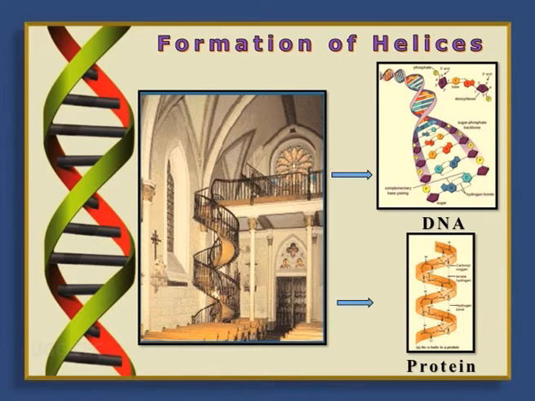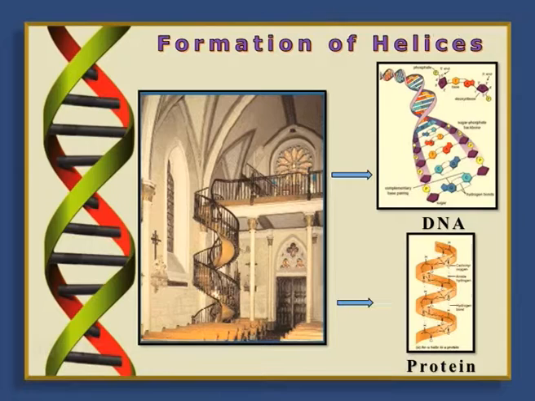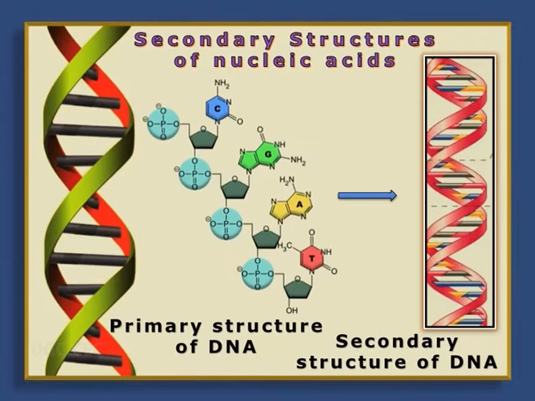Now, why is it important? Helix formation is not only a common architectural phenomenon, but is also seen in biological macromolecules like DNA and protein. Formation of helices tends to bring together the intermolecular forces which are distributed at regular intervals. Thus, the formation of helices plays a very important role in the stabilization of the secondary structure of both DNA and protein. So, knowing about helices, now let us move to the secondary structure of nucleic acid as shown in this diagram.